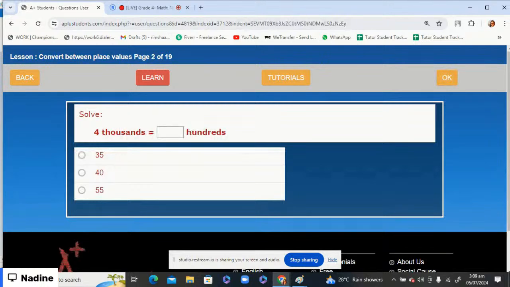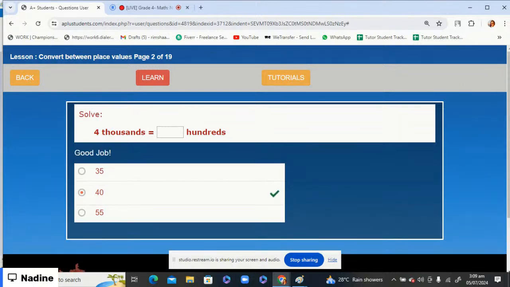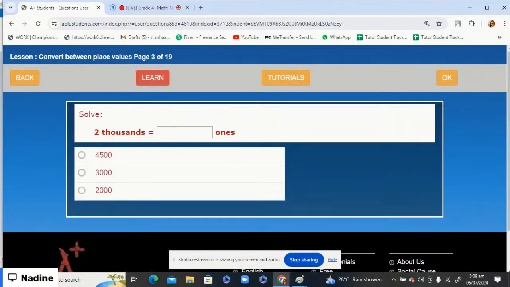If you have a 4,000, it means that how many hundreds in it? That means 40. Sometimes you're including 0 and sometimes you're not including any kind of 0 with it, okay? If you have a 2,000, it means that how many ones in it? 4,500, 3,000 or 2,000? This one,